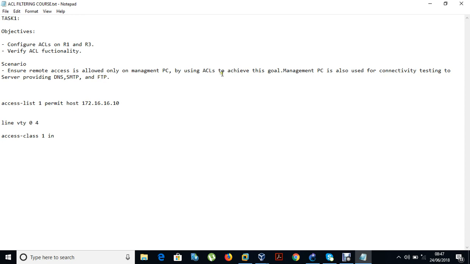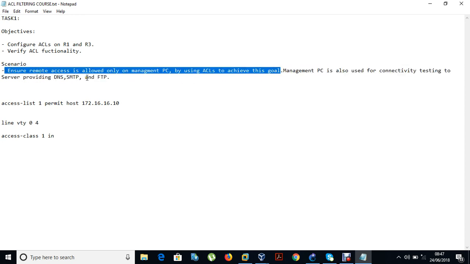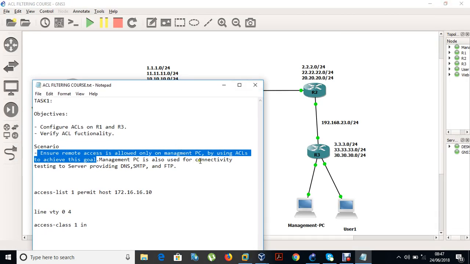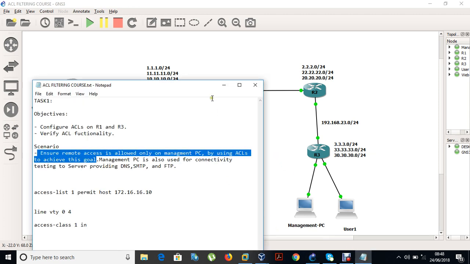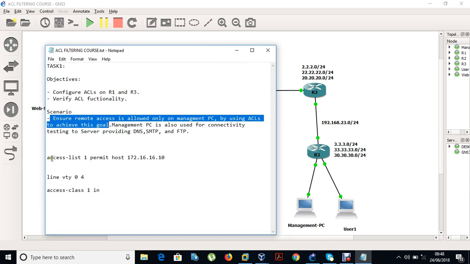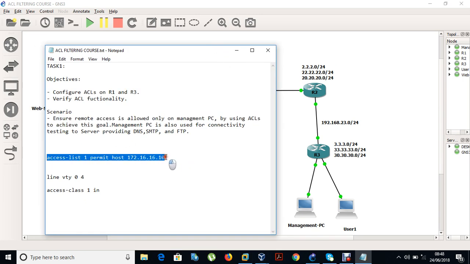We will come back to this, but our goal now is to ensure that access is only allowed from the management PC. How are we going to do that? One way is with an access list, which I am going to create on the